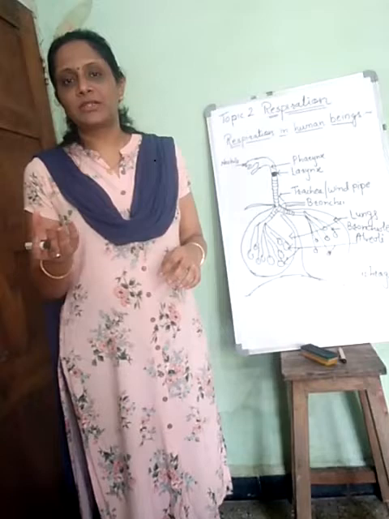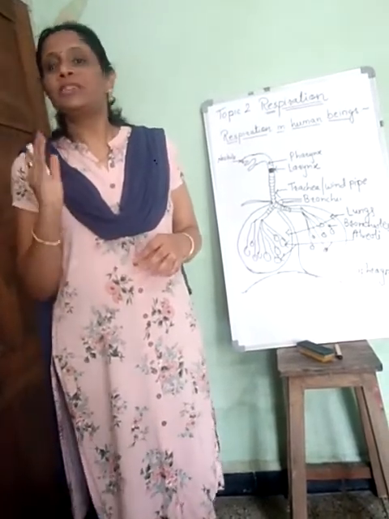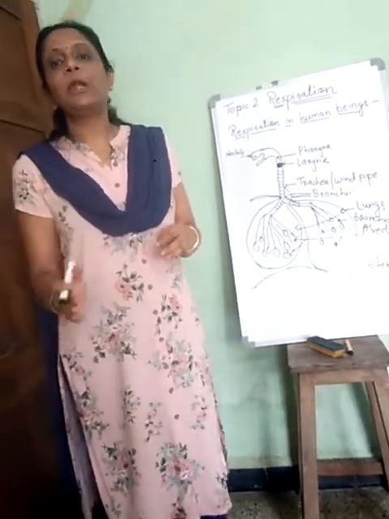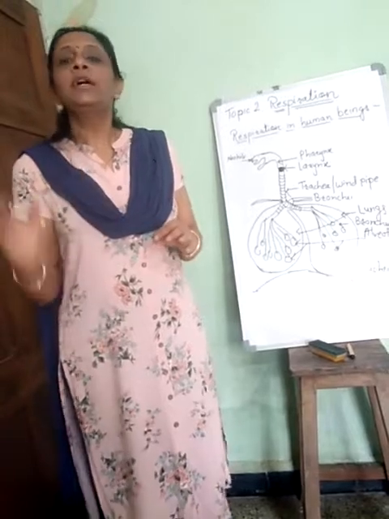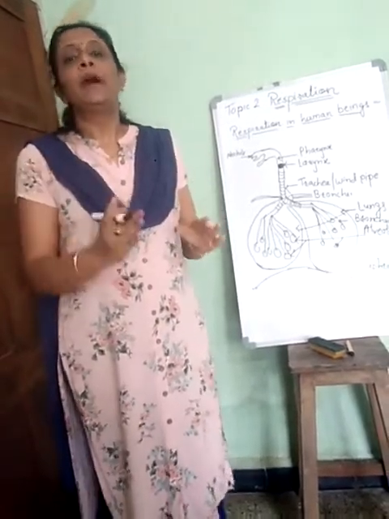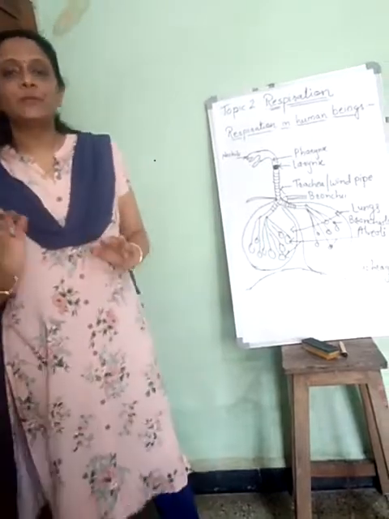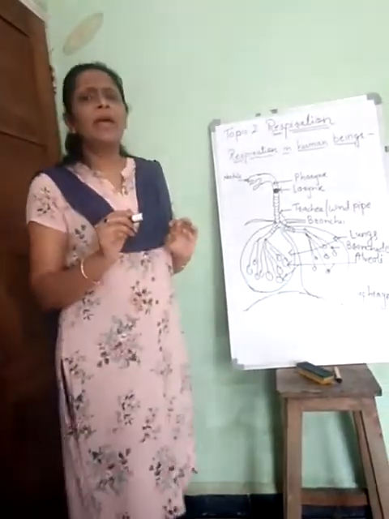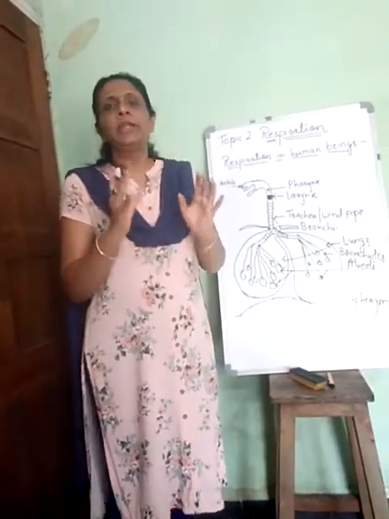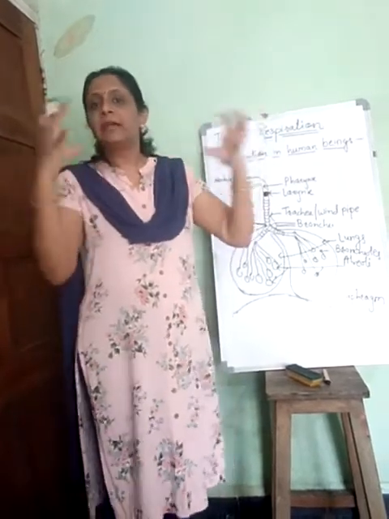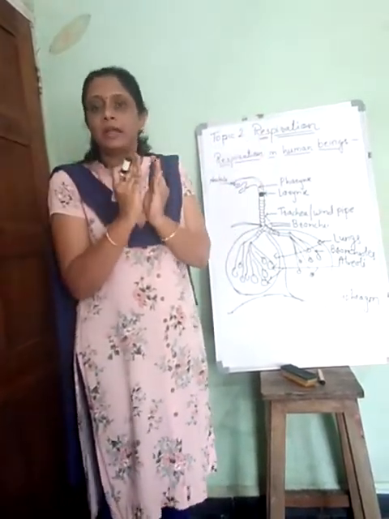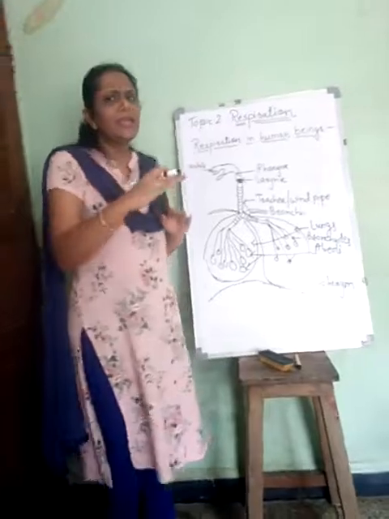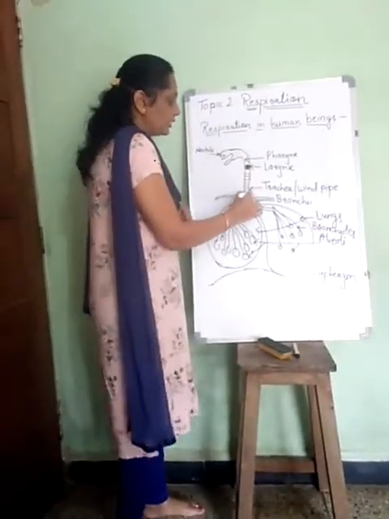Mucus is a slimy substance present in our nose, which helps in the filtration of air. Whatever suspended particles are in the air are all filtered by this mucus and the hairs present in the nose. Then it enters the pharynx. In the pharynx, the purified air is condensed. Whatever scattered air particles are there are condensed, and then this condensed air bombards on the pharynx. Then again it gets filtered, and then it goes to the trachea.